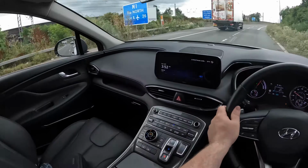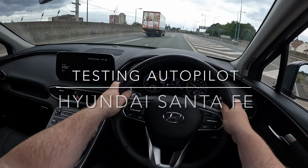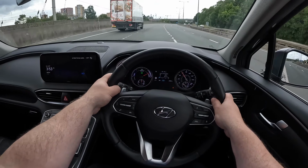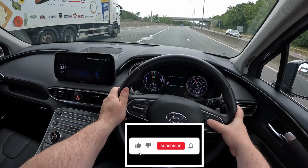Today we got the Santa Fe. It's a 2023 model, and I want to see how long we can go without using our feet or hands to control the steering and the acceleration. So what I'm going to do is put the radar cruise control on. I'm going to set it at